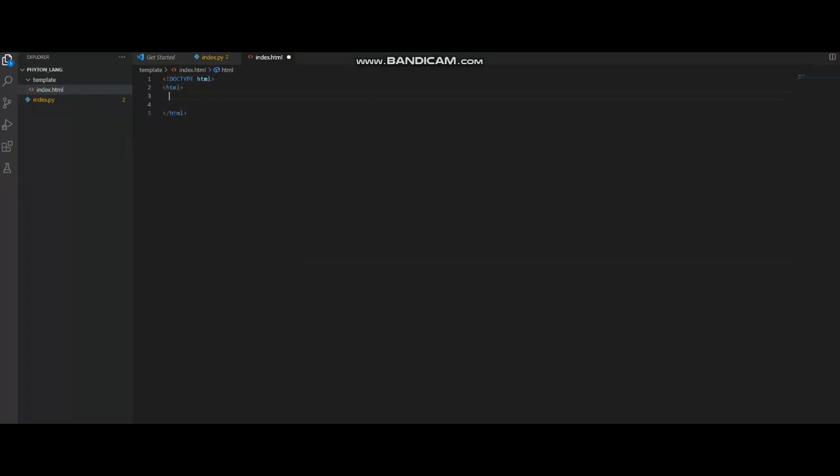tag, and then inside the HTML tag, you just need to create a head. Okay, inside the head, we need to create a title. Alright, so I'm not going to be creating one, but let's just say tutorials. And then afterwards you just need to do an H1 tag in here saying that this is the form. Alright, just to check out first. This is the form. Then afterwards doing this, the next thing that we need to do is to open up